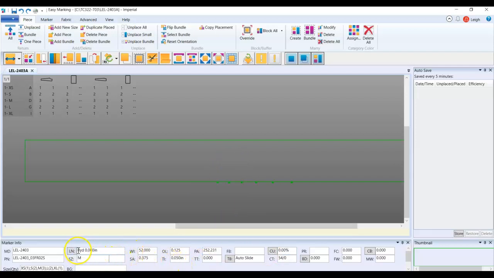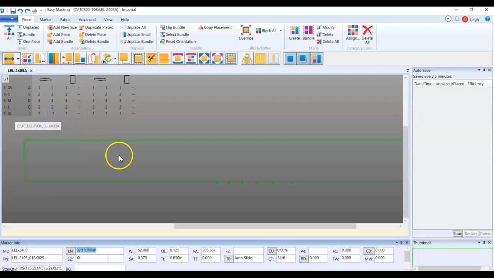As you work, also your marker length will change. Okay, so this will update, and this length we can use to calculate average cost per garments. Okay, which I've asked for in some of your recent homeworks to calculate. If you know your total length for however many pieces we've laid, you can then divide that to find an average per one garment, and then multiply that by your fabric price. Okay, so